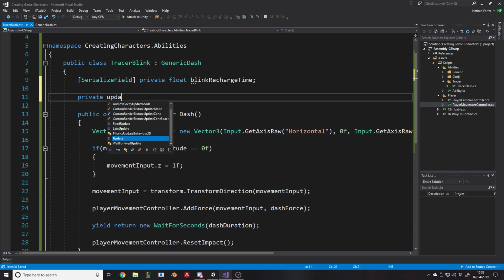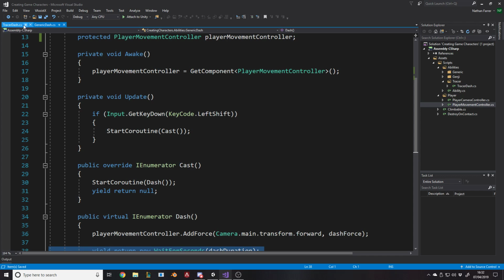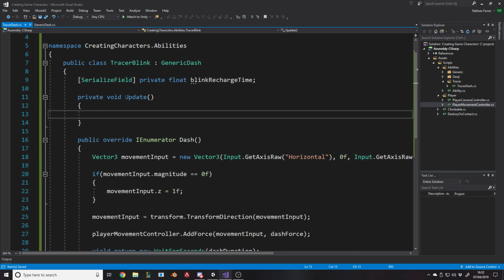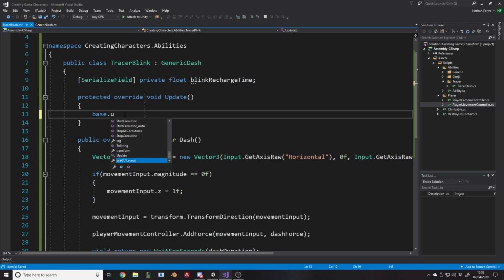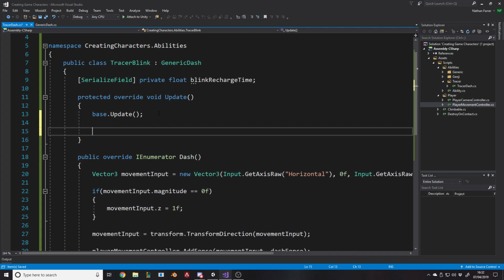Then in the private void update. Does our parent one use update? Yeah, I feel like both of the updates do happen if you inherit and use privates. But you know what, I don't want it to not so. I'm going to make private protected virtual void update, and then protected override void update. We want to do base.update, so we want whatever's happening there to still happen. We want to listen if we press left shift to dash. And then here, after we've done that, we want to say